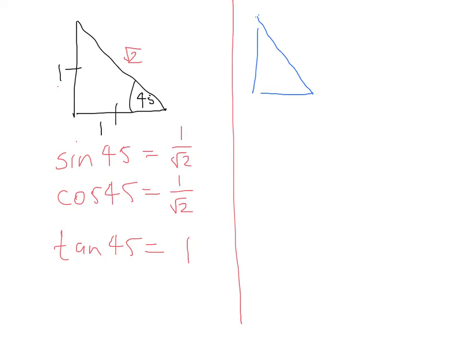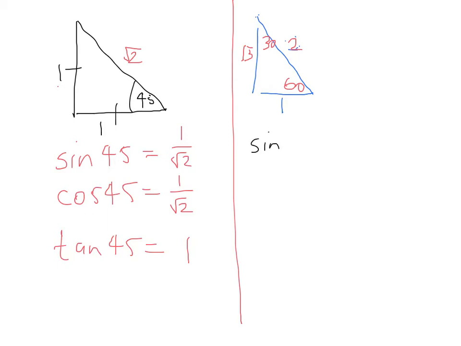The second one is if we take a triangle that has a right angle and a base of 1 and a height of 2, we end up finding, again using Pythagoras' theorem, that that is root 3. And that's a 60 degree angle and that's a 30 degree angle. Alright, so